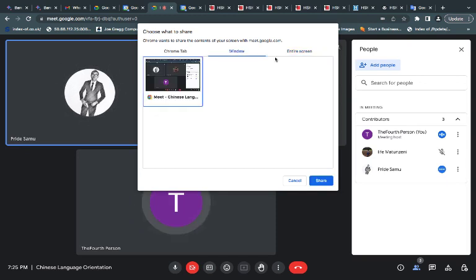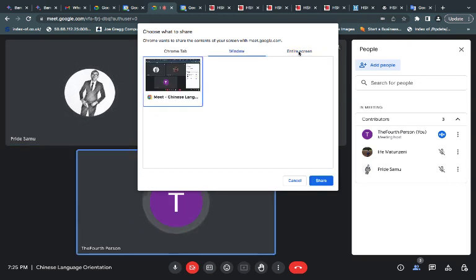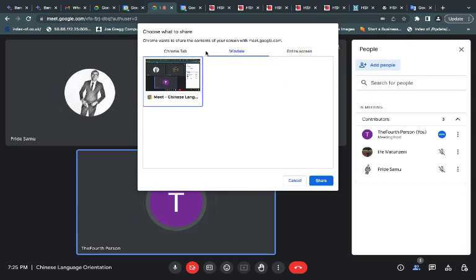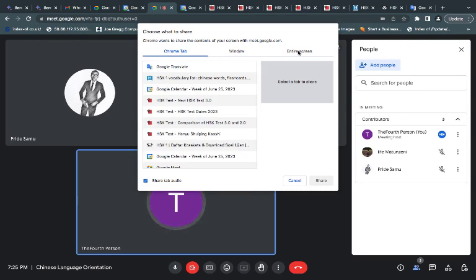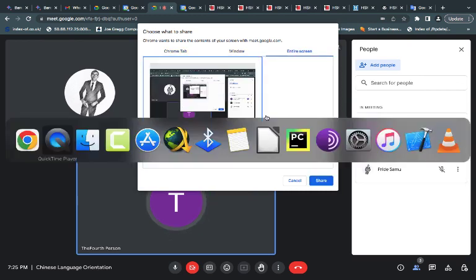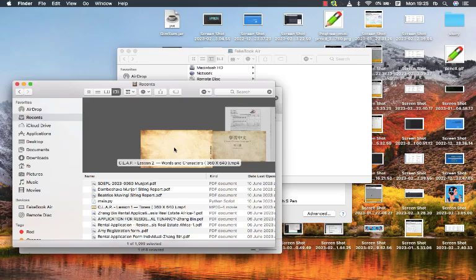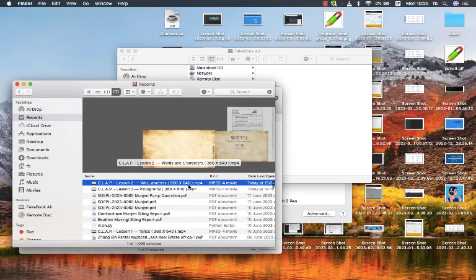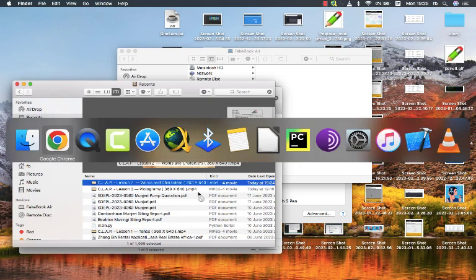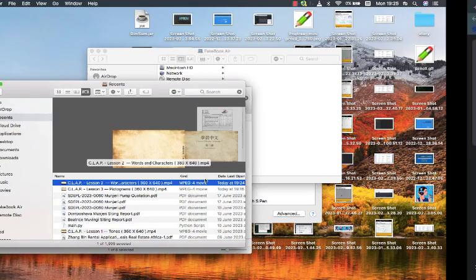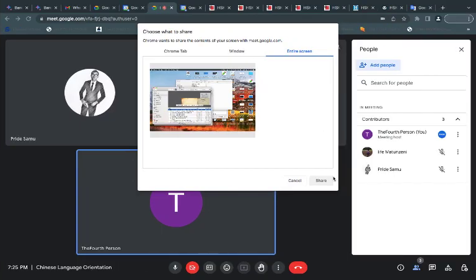Just a second, I'm not sure why it's not allowing me to share the entire screen. It can share the tab, but not the entire screen. So I'm going to see if I can move this video to Chrome.